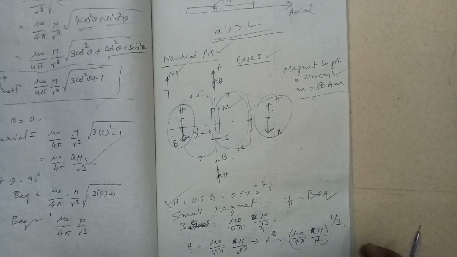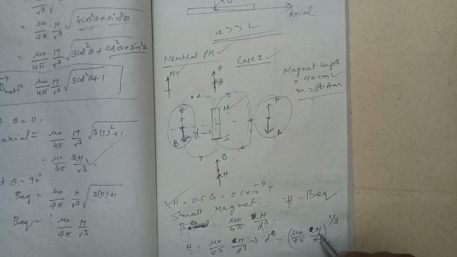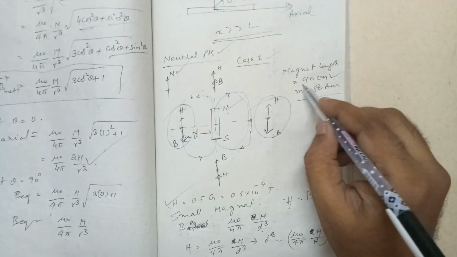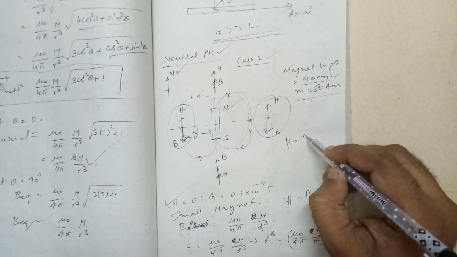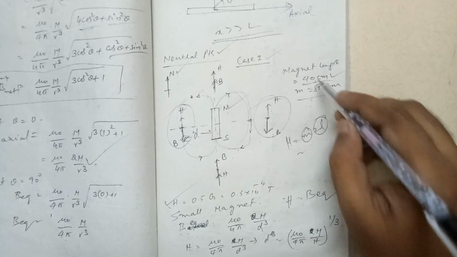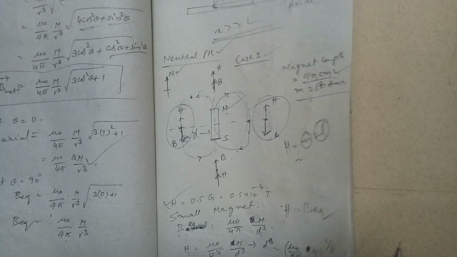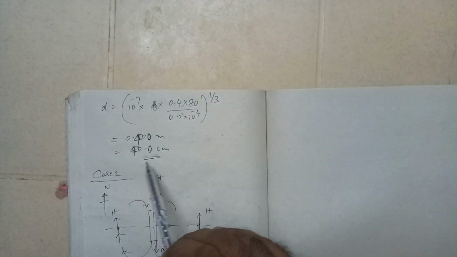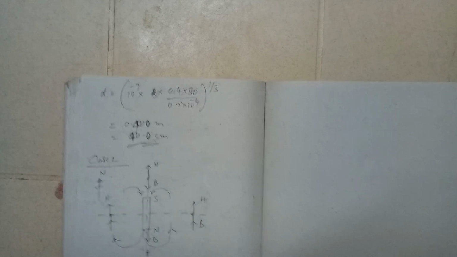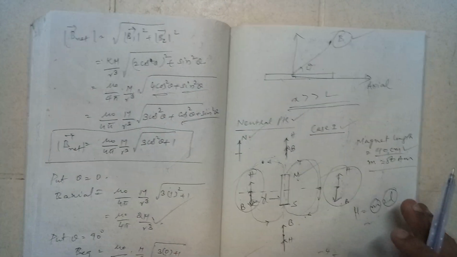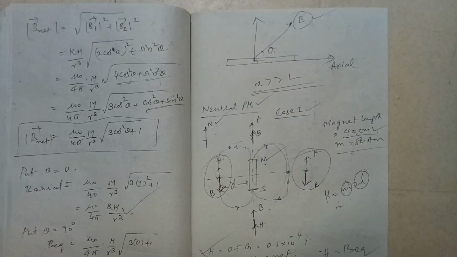And when you solve, how do I get this capital M? M is equal to small m into 2L. 2L is given as 40. M is equal to small m into 2L. Small m is given as 80 and 2L is given as 40 centimeters total length. So when you calculate that, taking the cube root of this value, you get 40 centimeters. So that means 40 centimeters on this side or this side, I am getting the neutral points in this case.